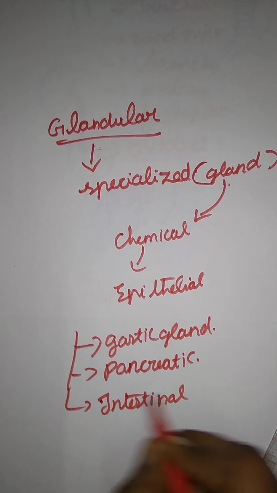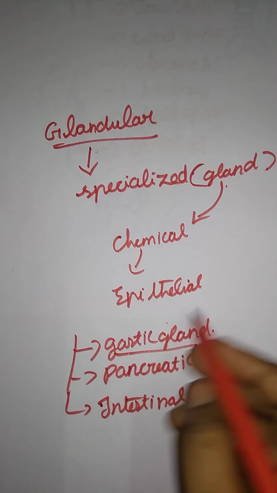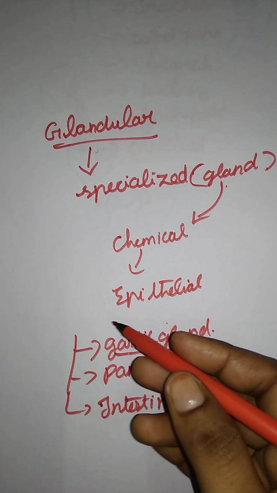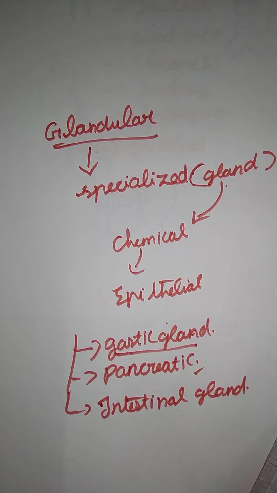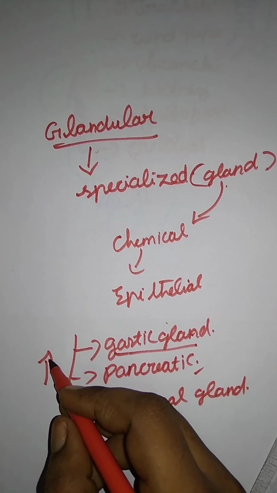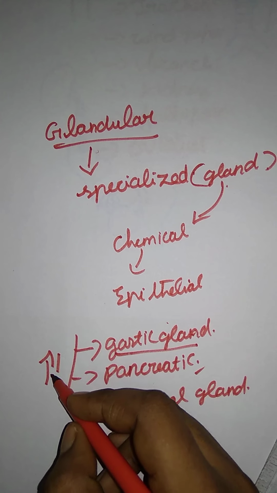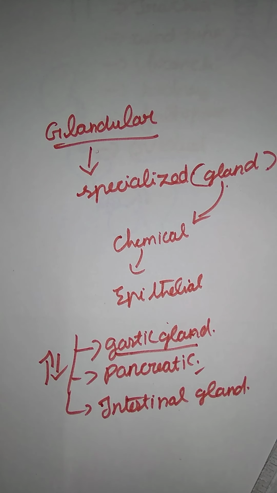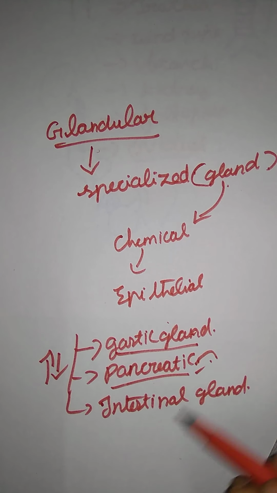The first one, the gastric gland, is involved in the alimentary canal at the time of the digestive process. The pancreatic gland also secretes at the time of digestion. When the glucose level increases, it secretes insulin to suppress the glucose level, just maintaining the glucose level. And if there is a low level of glucose in your body, it secretes glucagon to increase it.